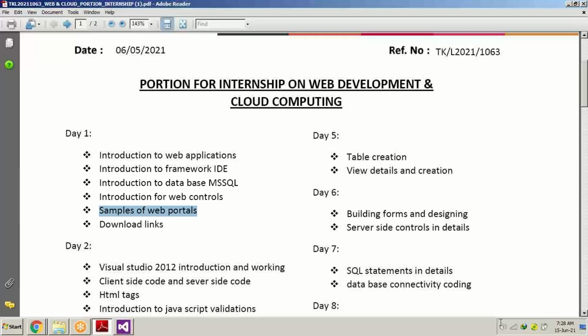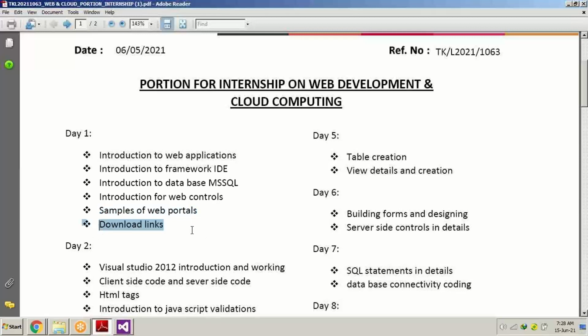Whatever work I will do on 2012, that same work can be done in 13 also, 15 also, in the same manner. The look is also the same, only the version has been changed. So if a person writes a letter in MS Word 2007, that person is going to use Microsoft Word 2013 or 15 in the same manner. Nothing is being changed. A few more features might be added, but the things which I will tell you or teach you are only required if you are using the 2012 or 2019 version of it. Everything will be the same.